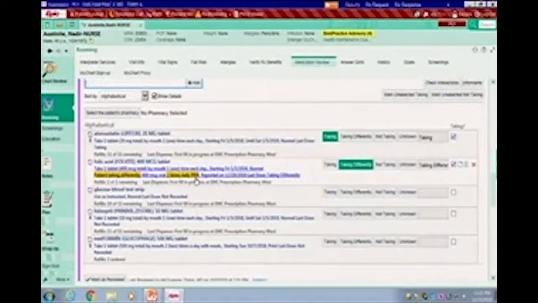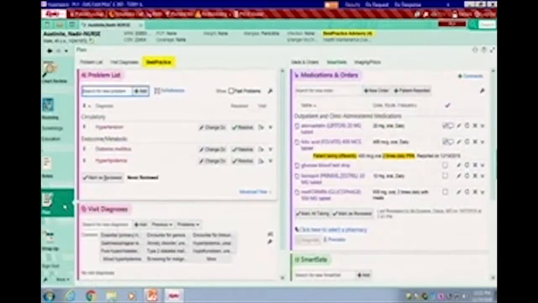If you add that and accept, then it will highlight. And just to show you guys, the provider will be able to see that in the plan activity also in the meds and order section. It highlights whatever you document in there that they are taking differently, for that physician to see.